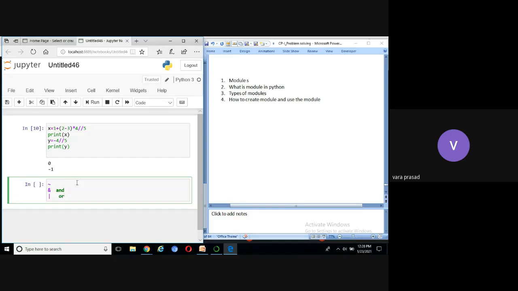If you write or, it is a logical operator. Then double less than is the left shift operator, then the right shift operator. Okay. Now we can see these operators one by one.